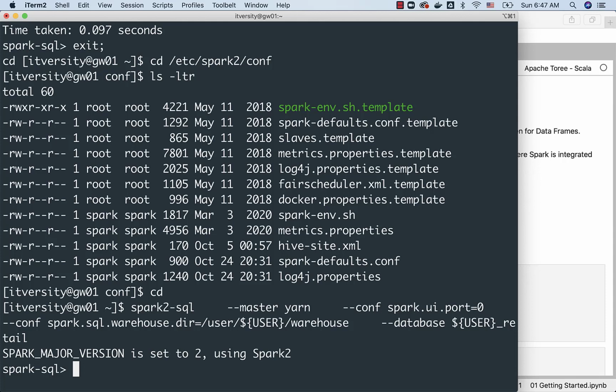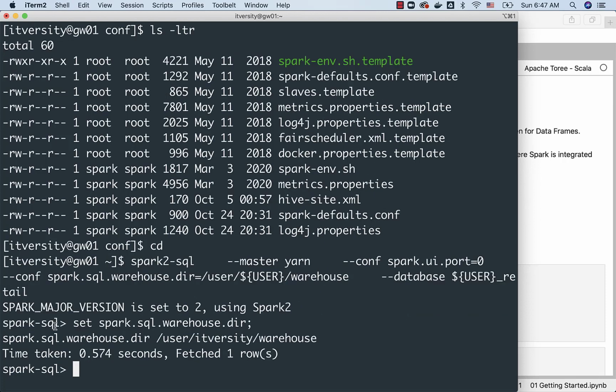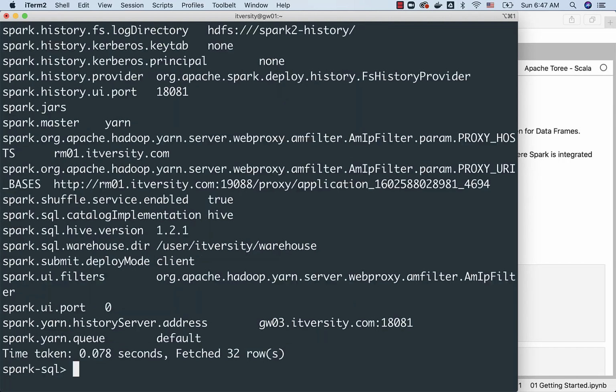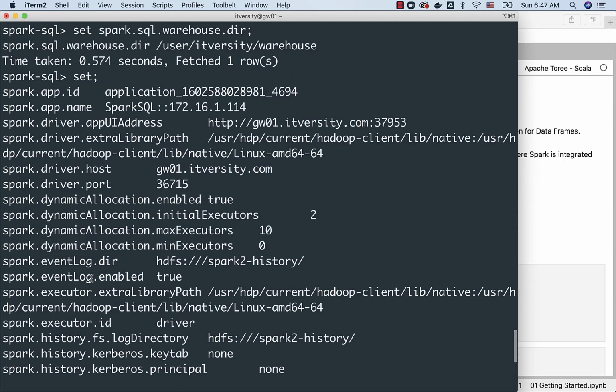First let us understand how to access runtime properties using the CLI, then I will walk you through briefly using Ambari as well. In this case, we are setting this runtime property called spark.sql.warehouse.dir. When we start spark2-sql, if you want to see the value of it, you can copy this and say set, run it, and you should be able to see the details. You can also get all the runtime properties by just saying set, and you should be able to see whatever runtime properties are overwritten while launching Spark SQL.